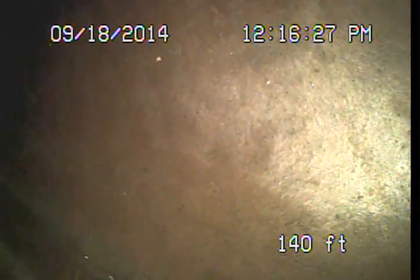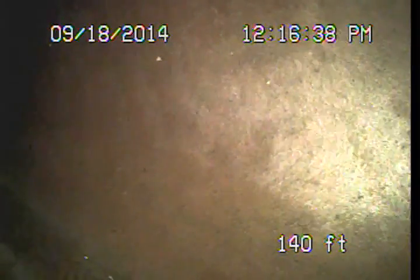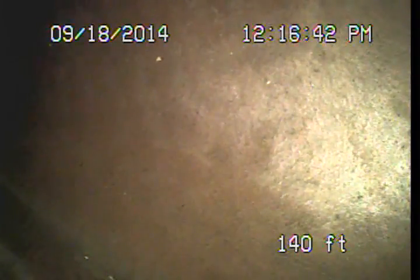So with all those turns and drops from this location, I've seen here that the hydrojetter wasn't able to get all the way out to the public sewer, and that's something that would not have been able to be predicted in this case. So it's not that anybody didn't do their job, but in this situation, because of the turns,